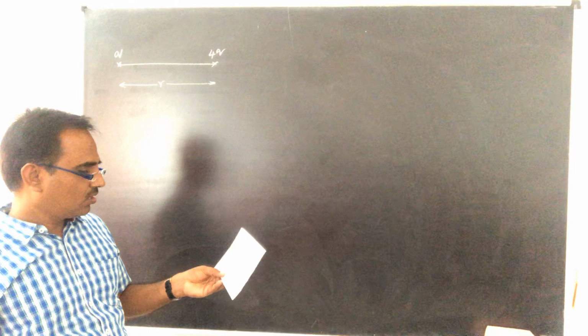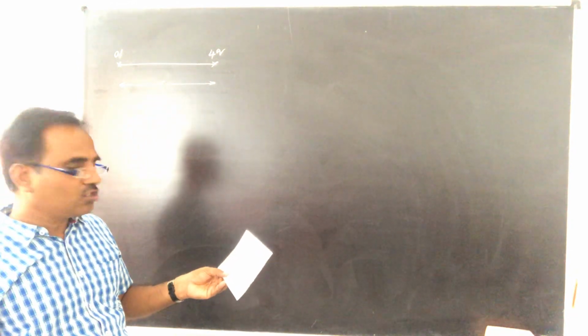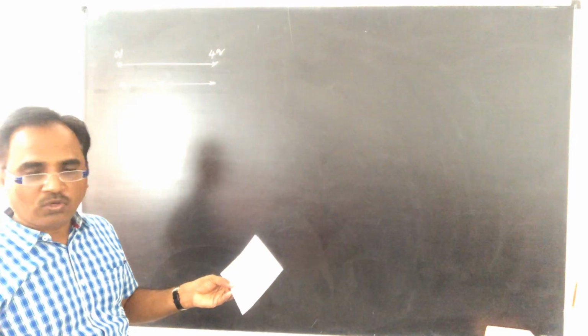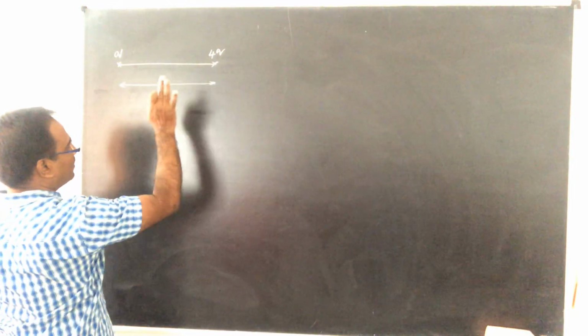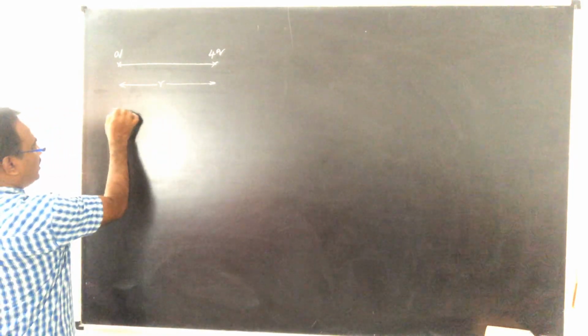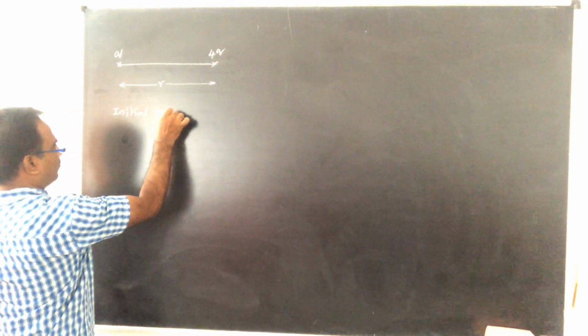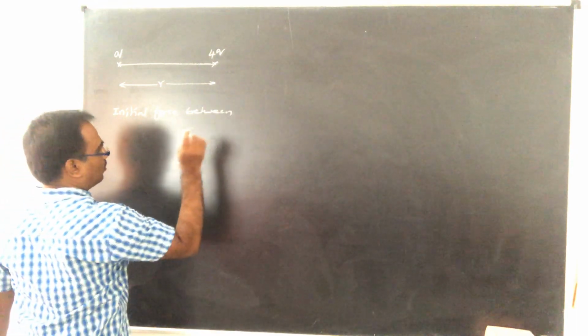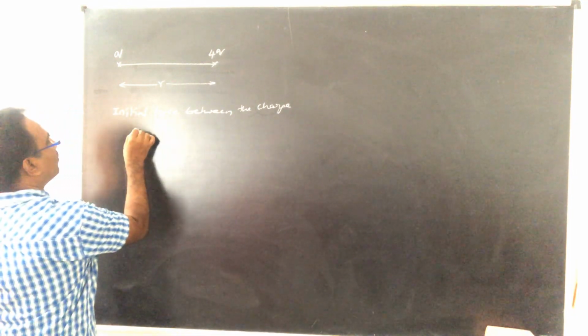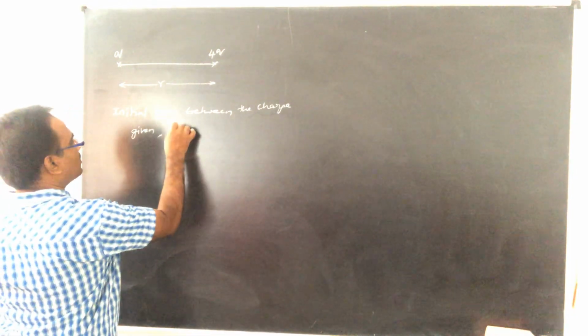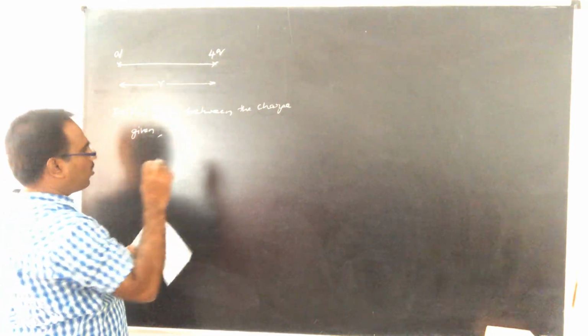So initial force between these two charges is 0.4 Newton. The next thing given is, when the distance between them is decreased by 10 centimeter, the force is increased by 0.5 Newton. Calculate the charges and their original separation. So here two charges are like this. One charge is 4 times as strong as the other. They are separated by certain distance. So initial force between the charges is given as 0.4 Newton.